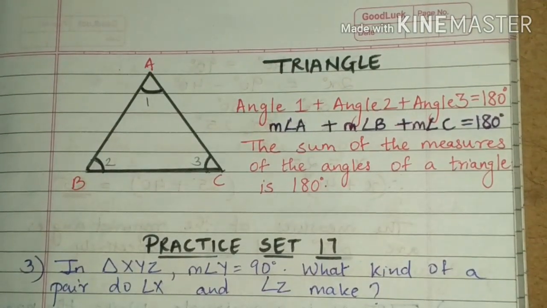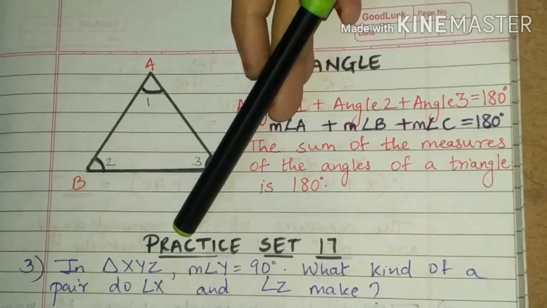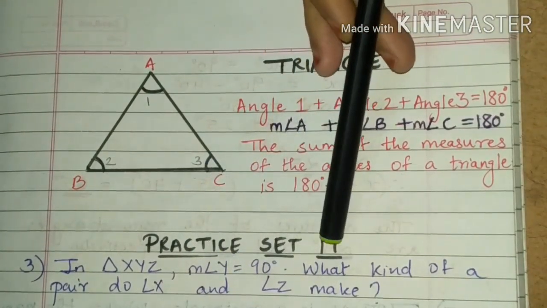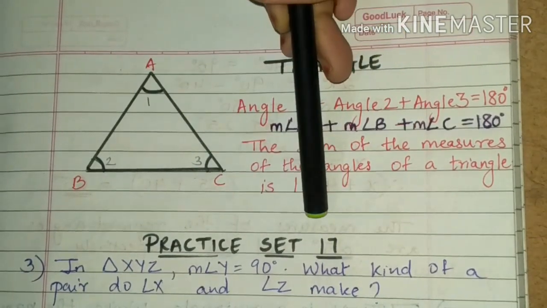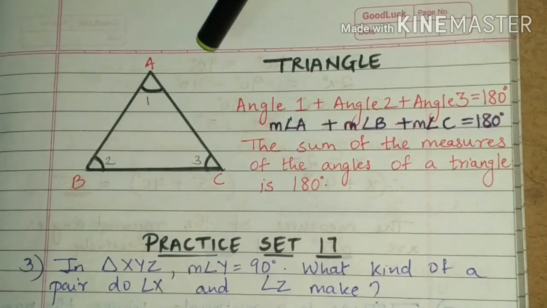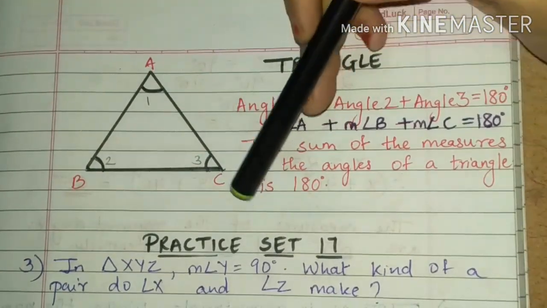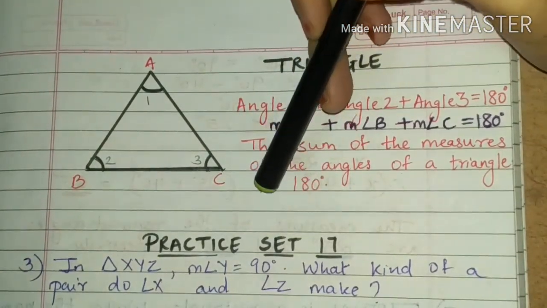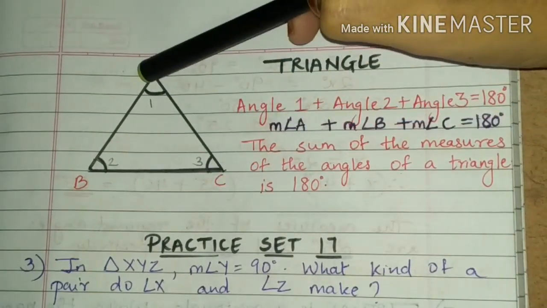So in our last lecture, what have we learned? We have learned practice set, we have solved practice set 17 and we have left certain sums. So in today's lecture, we will continue that. For continuing, we have to remember a few things about triangle, as in our practice set 17 this is needed. Okay. So triangle, you are very much familiar with triangle.